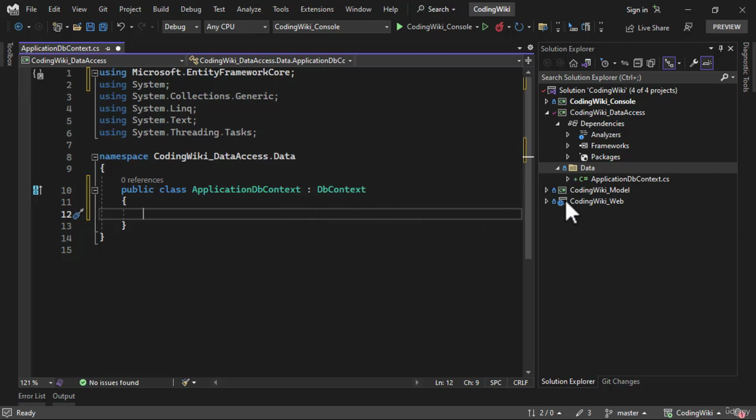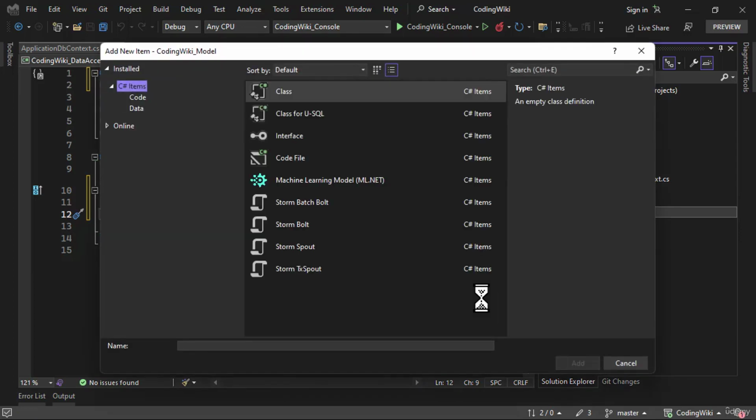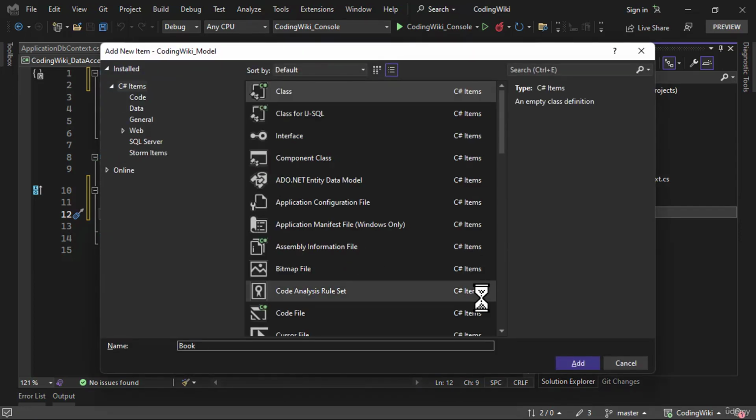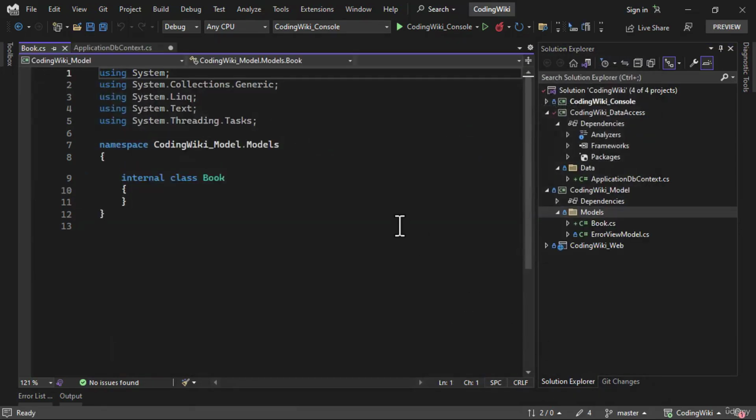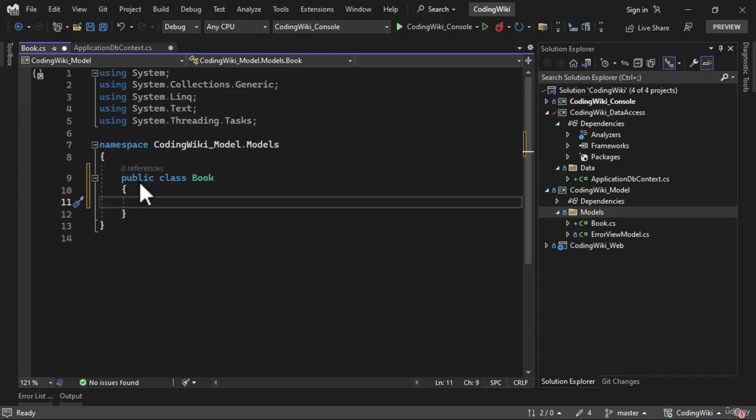Now when we have to create any model, we will be doing that inside our models project. We have a models folder. Let me create a class file there, and I will call that Book. Let me add that. We will make this a public class, and what will be all the properties inside this